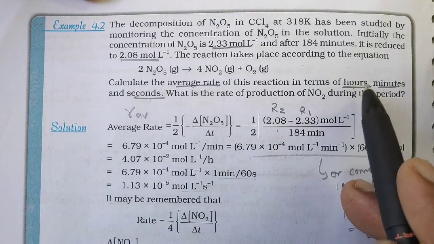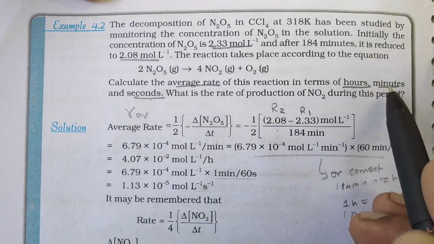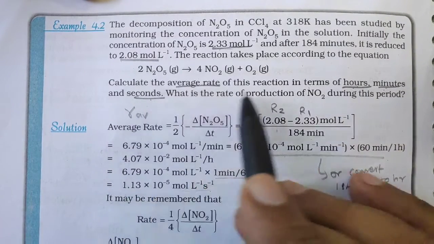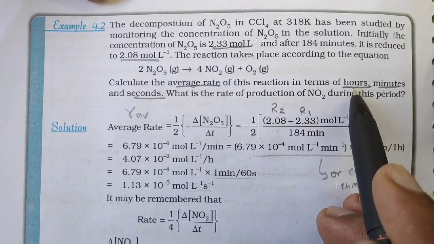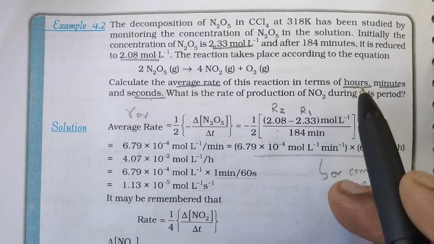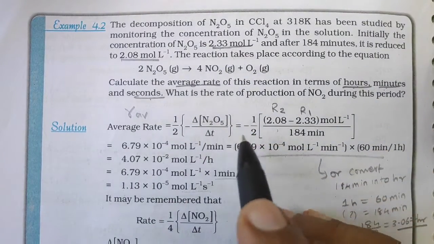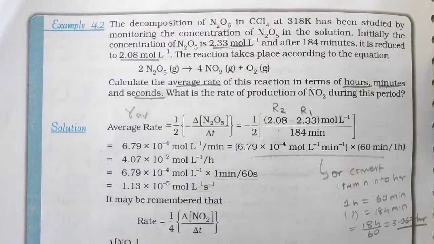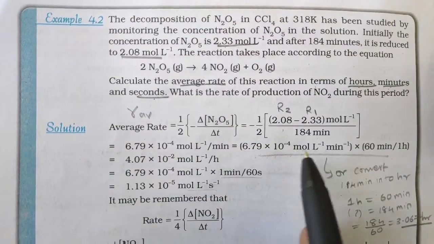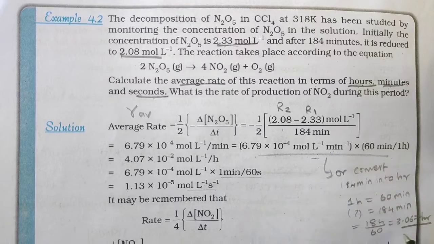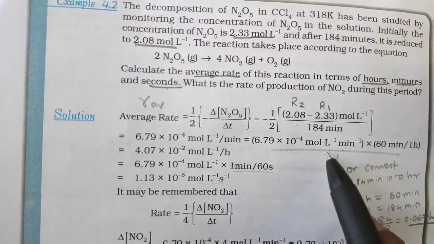Now this is very easy. 1 hour is equal to 60 minutes and 1 minute is equal to 60 seconds. So hour into second you have to convert, 3600 you have to divide. Okay, so that you can do it later on. So first we will find out the average rate. Now for that we will just solve it directly. You don't write this, because there is one change here, that is minute, you can convert it into hours as given here. Okay, so that we will discuss now.